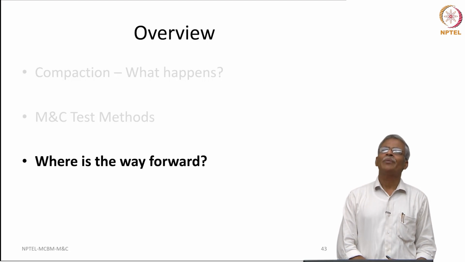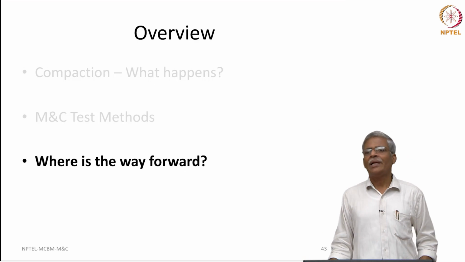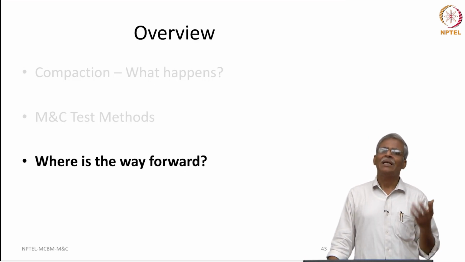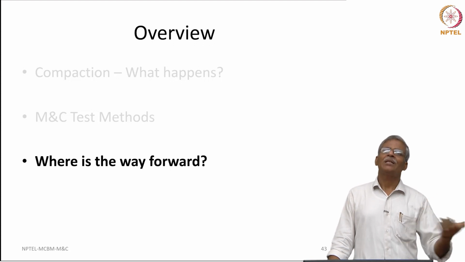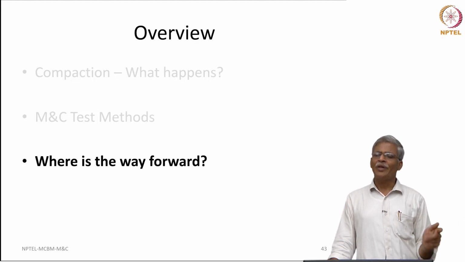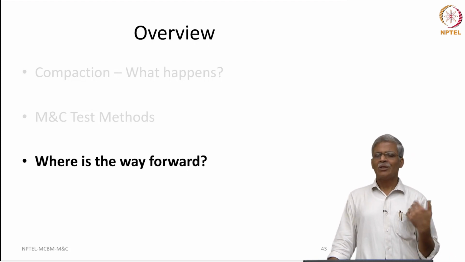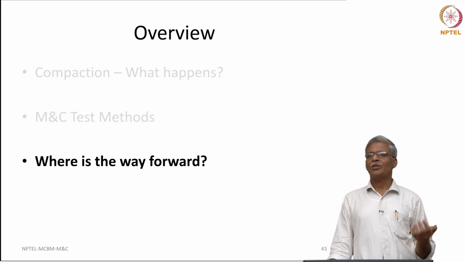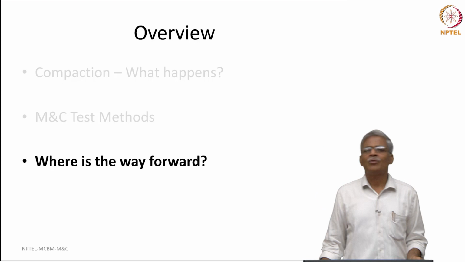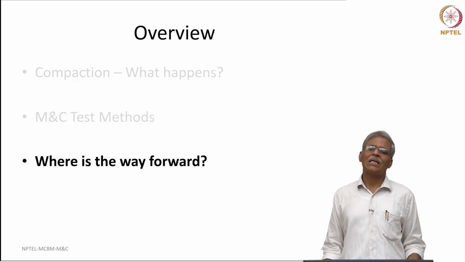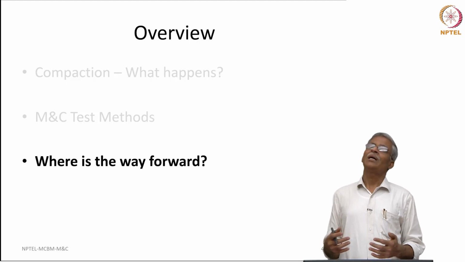As far as unmodified binders are concerned, the rich amount of empirical data available in the field tells us what we should do. But when it comes to the modified binder, there always seems to be an issue in finding it out. Most of the time, we go by the manufacturer's advice, and depending on the capacity of our hot mix plant as well as the construction machinery that we use, we add 15 to 20 degrees centigrade and we do it.